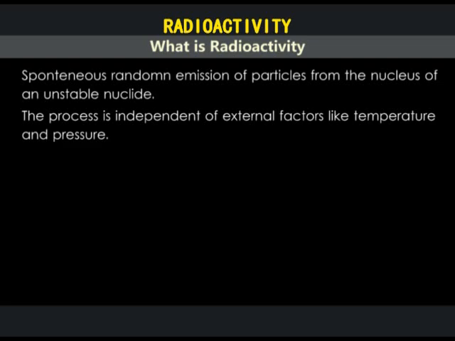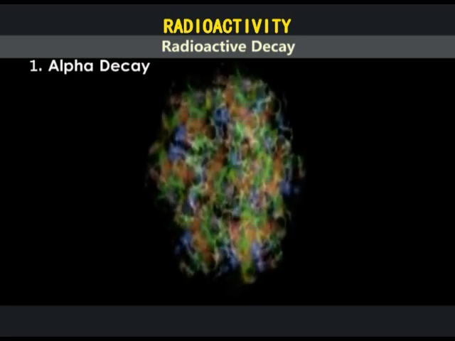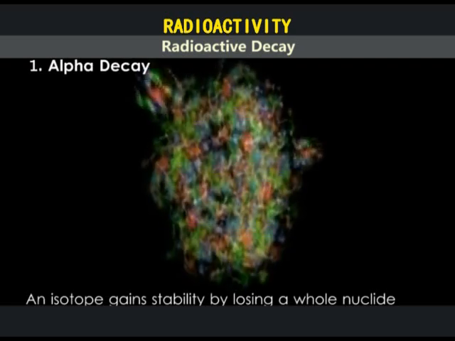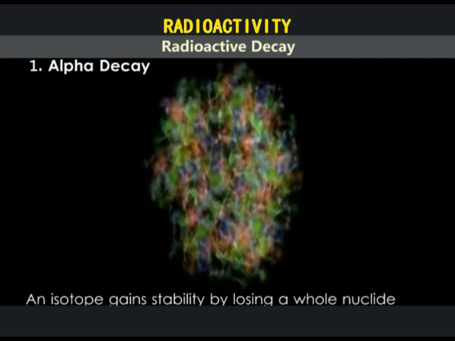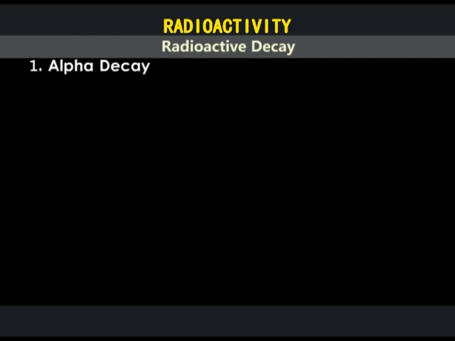Alpha decay. Alpha decay occurs when an unstable isotope gains stability by losing a whole nuclide. An alpha particle is basically a helium nucleus represented as shown here. So if a nuclide decays by release of an alpha particle, the mass number decreases by 4 and the atomic